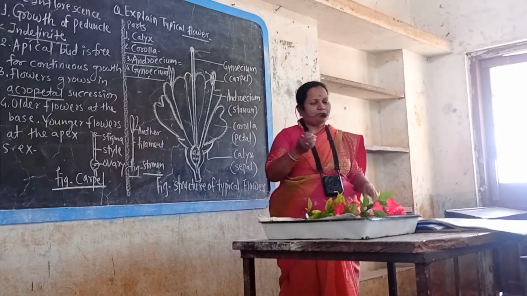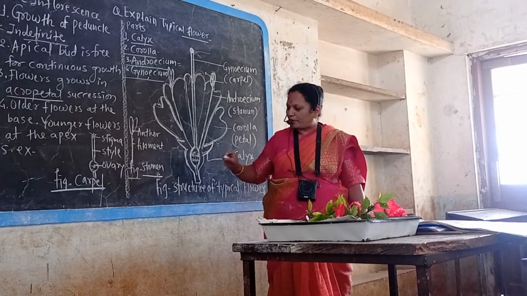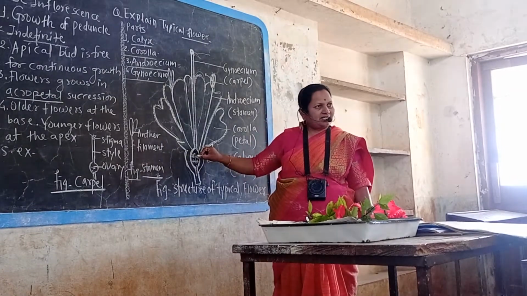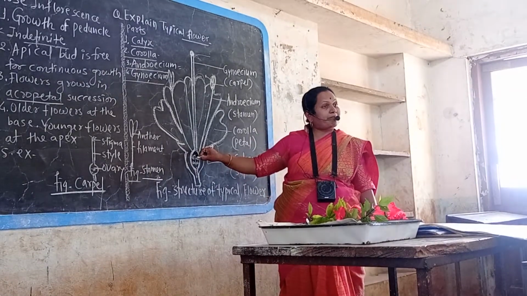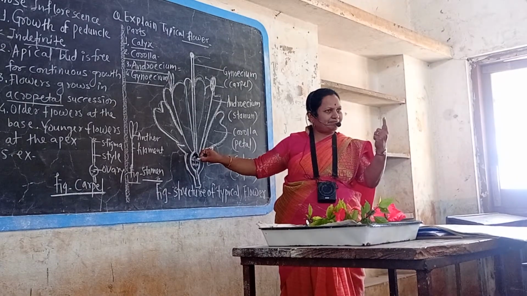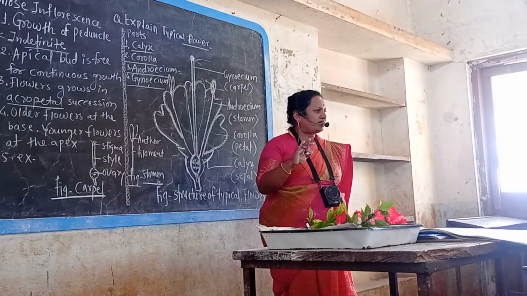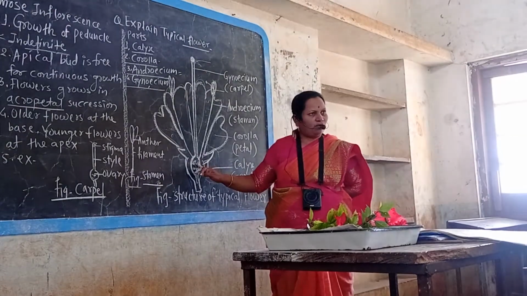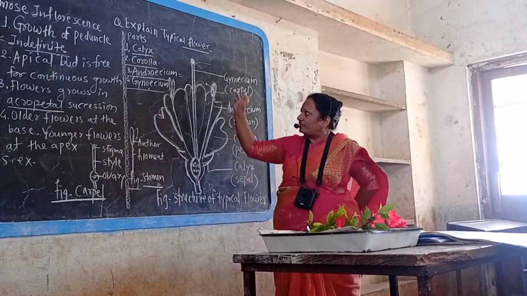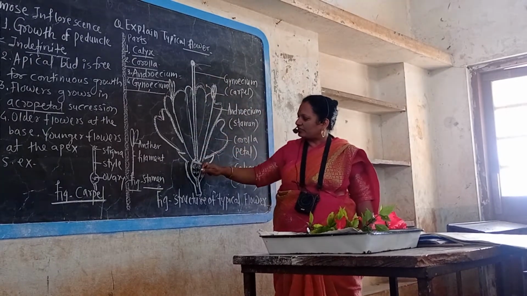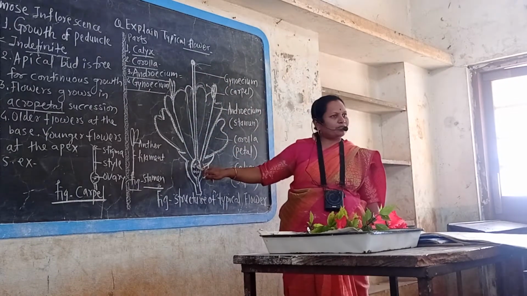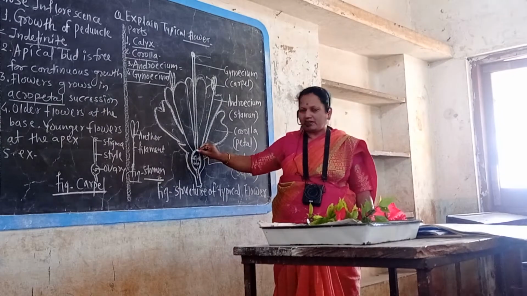After fertilization, a single seed is produced from a single ovule. In a single-seeded fruit, for example mango, a single seed is there due to a single ovule. But many-seeded fruits like papaya and guava have many ovules in the ovary. Is it clear to you? After pollination and fertilization, seeds are produced from the ovules and fruit from the ovary.